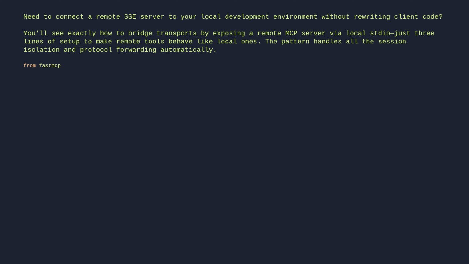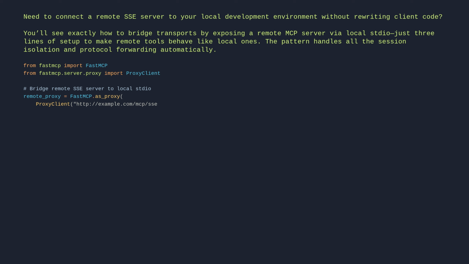From fastmcp import FastMCP. From fastmcp.server.proxy import ProxyClient. # Bridge remote SSE server to local stdio. remote_proxy = FastMCP.as_proxy(ProxyClient("http://example.com/mcp/sse"), name="remote-to-local-bridge")